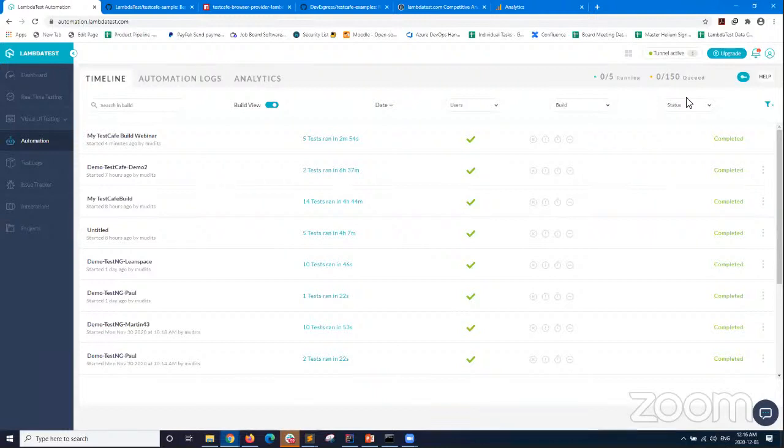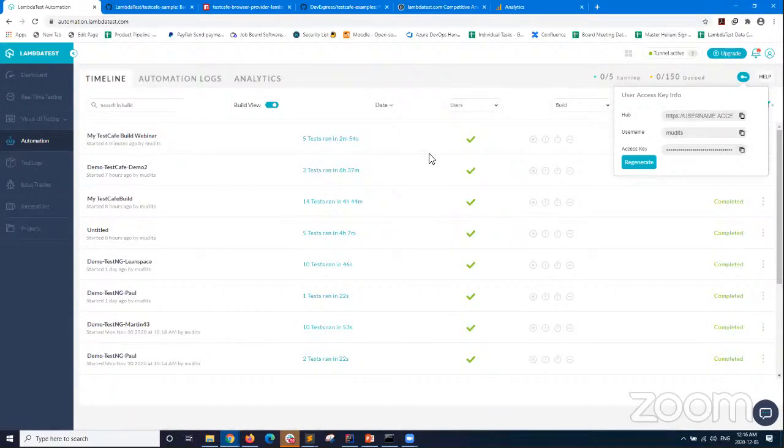And that online grid is present at a specific URL. That URL is already provided by the TestCafe plugin, but to access that URL, you would need an authentication key, right? So that can be done via logging into the Lambda Test automation dashboard and going to the key icon here. So you will find your username and the access key. So let me give you a quick example of how you can run the same test at Lambda Test platform